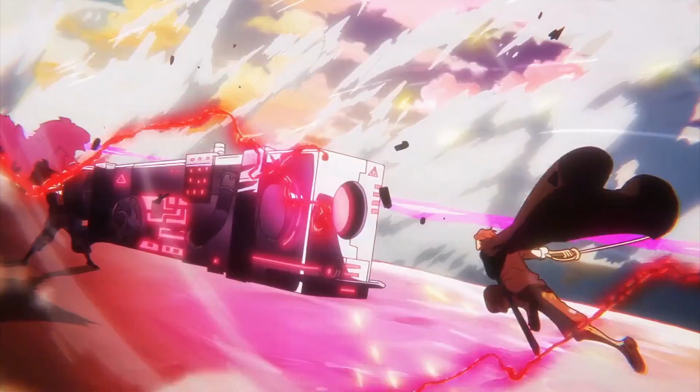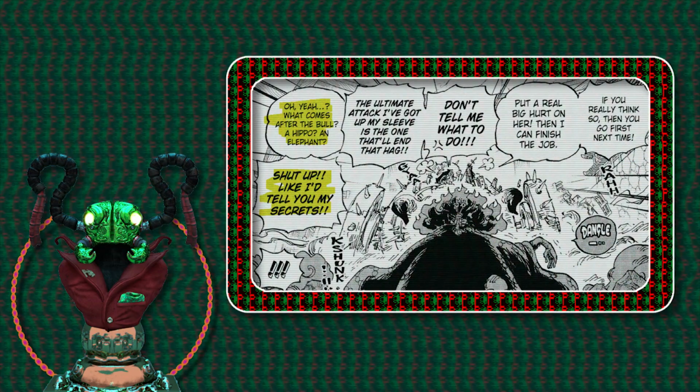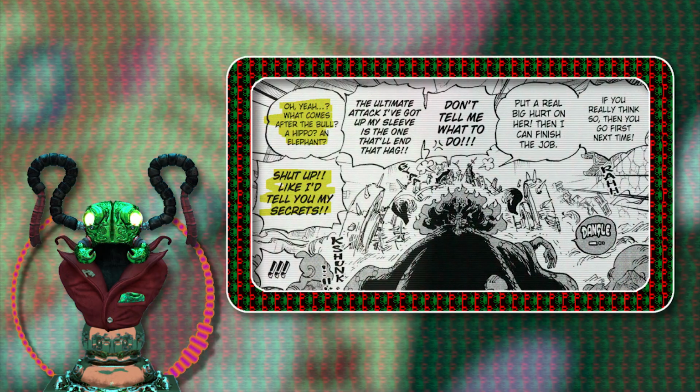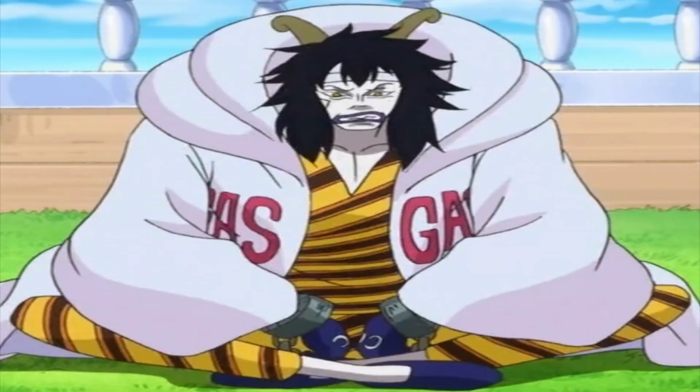So with that being said, it's quite likely if he is some sort of special Logia that he doesn't understand the full capabilities of his fruit because he doesn't have the scientific mind for it. Because based on what he can do, he does seem to have a very scientific ability, like akin to, say, Caesar Clown, in which you need to know what these particular things do that you're made of in order to use your power